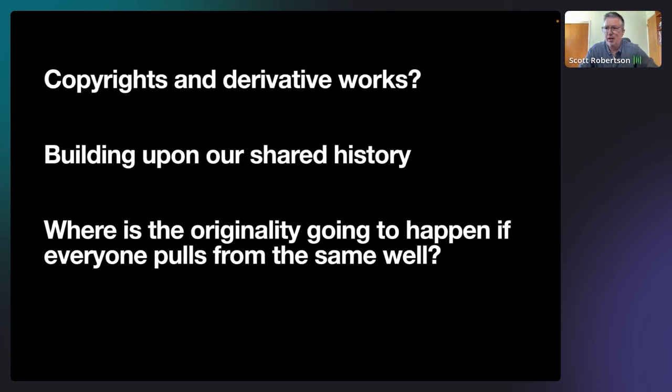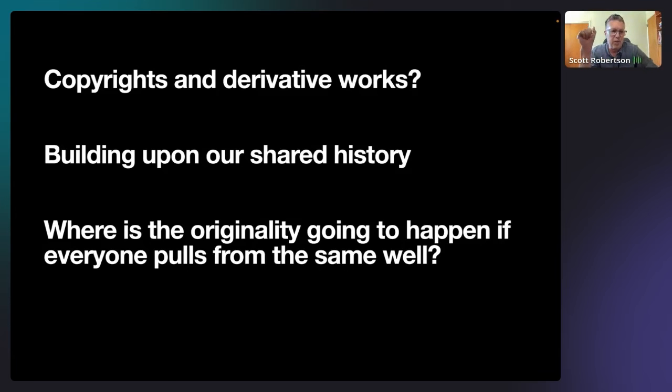They were trained on images, mostly photography, that was copyright protected. So that's a real issue that has to be solved. But it does build on our shared history, just like we've all done from looking at who's come before us: artists and designers and photographers, filmmakers. And the bigger question about the tool set I have is, where's the originality going to happen if everyone pulls